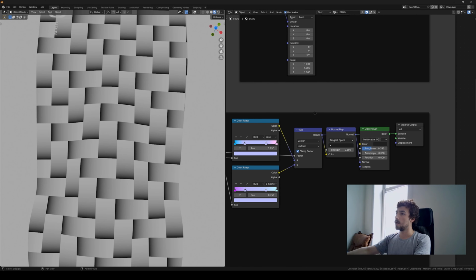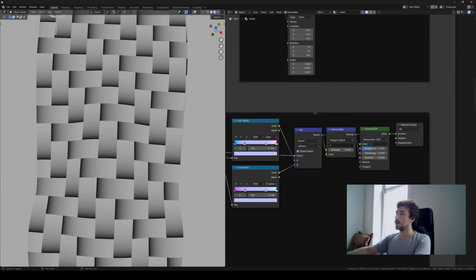Since they never act on the same axis, like the fiber is going one way when the weaving is going the other way, we can simply add them. So here we have an add vector node, and we are just adding the two. So you can see that we have the weaving and we also have the fiber effect. But to me, this looks like the weaving takes too much importance and we don't see enough of the fiber. So what we can do is to start to add some bias there, which is like a kind of average, but we give more importance to one of the two